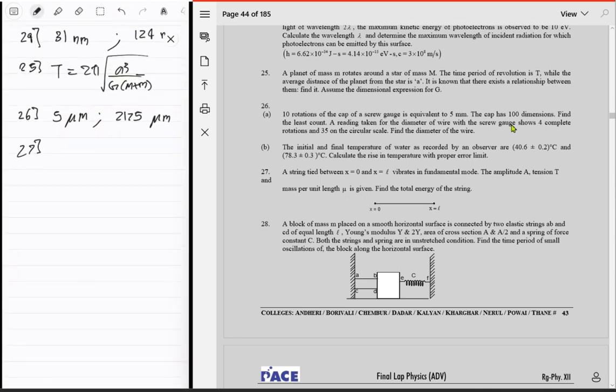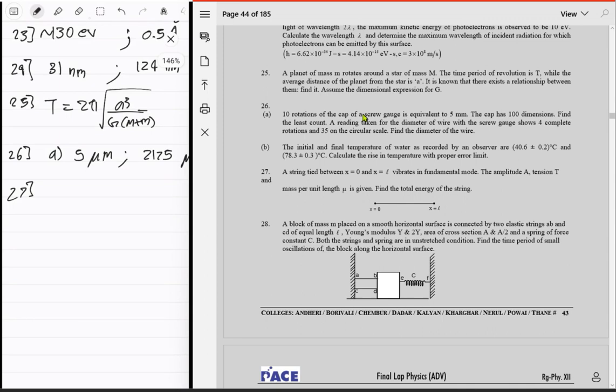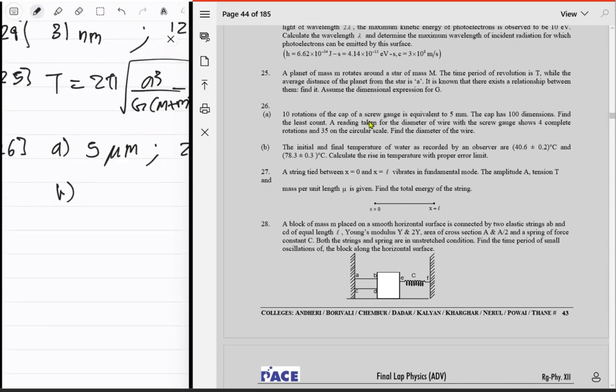Next question, 27, oh ये तो सिर्फ A part था, okay, and ये सारे questions जो है ये 3-4 पार्ट के होते जा रहे हैं अचानक से. Okay, B क्या है, इनिशियल एंड, एक बात बताओ, ये दोनों कनेक्टेड कैसे है, ये क्वेश्चन कैसे भला कनेक्टेड हो सकते हैं, दिस डज नॉट एक्चुअली मेक एनी सेंस. Proper error limit, okay, error, fine, initial and final temperature of water are, अच्छा मुझे लगा ये thermodynamics का,